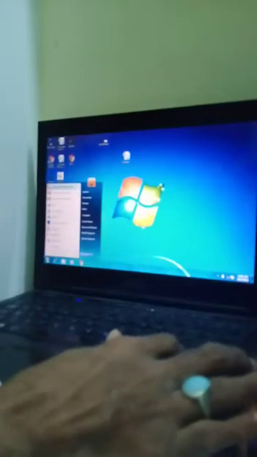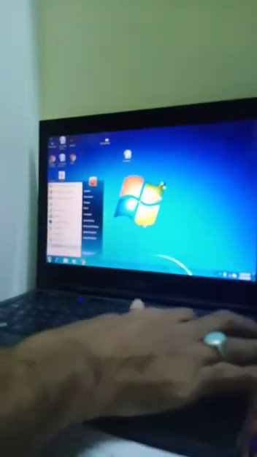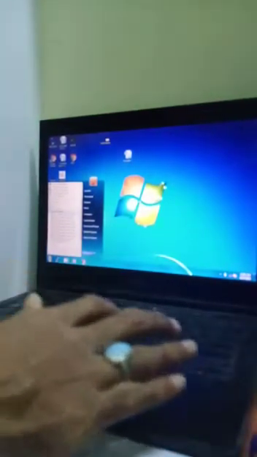Just press the Windows button and go to All Programs. Go to MS Office, Microsoft Office, and just click here on MS Excel. Just see, this window is open.